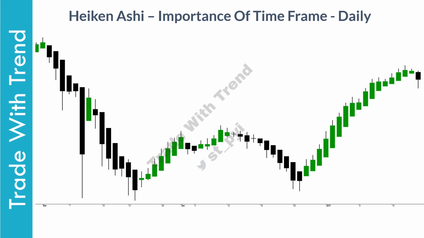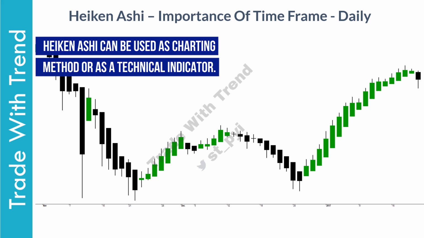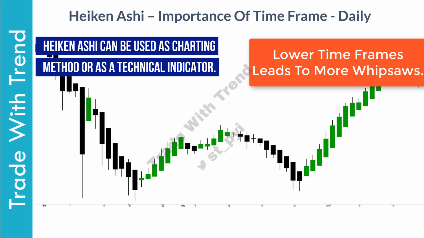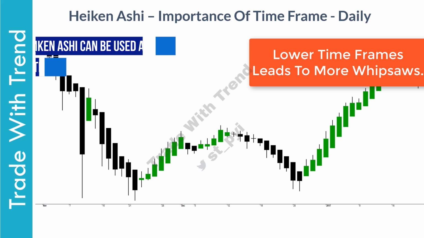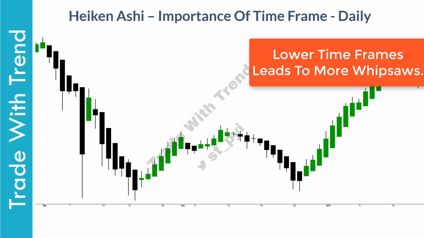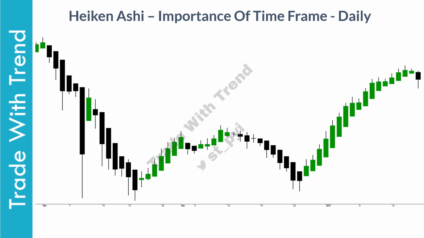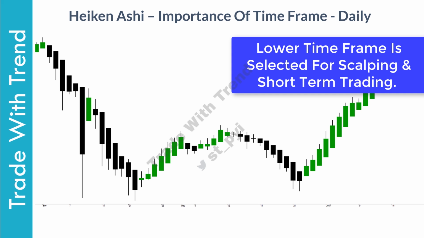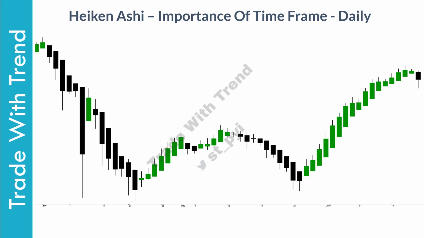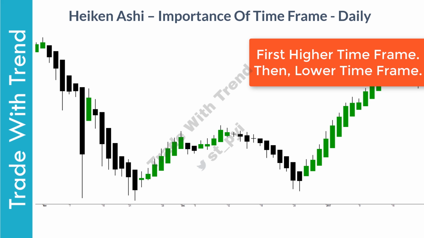One of the most common mistakes in Heikin Ashi is to select lower time frames for trading. Do remember that Heikin Ashi is a trend trading indicator, and the lower the time frame you select, the noisier the trend will be. Lower time frame selection is mostly due to traders willing to generate daily income in form of short-term trading or scalping. While this approach is not wrong, learning to trade with higher time frame first is more important to understand how Heikin Ashi works. Once you understand Heikin Ashi on a higher time frame chart, it will be much easier for you to then use it on a lower time frame chart.